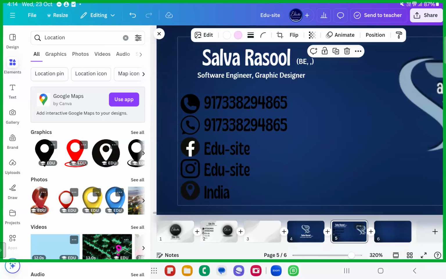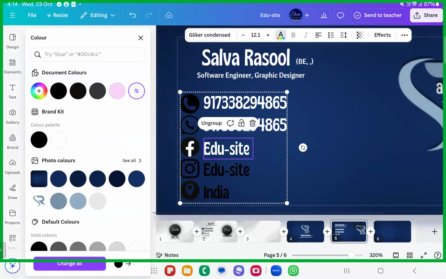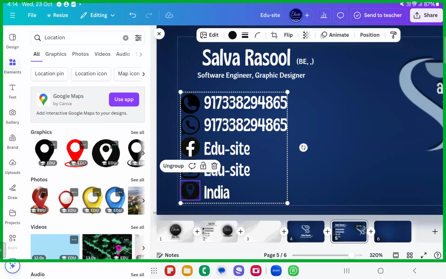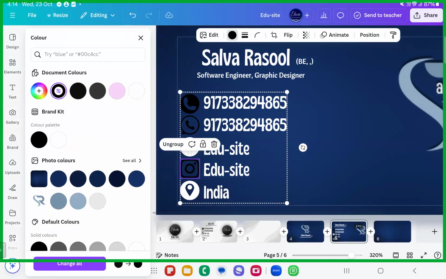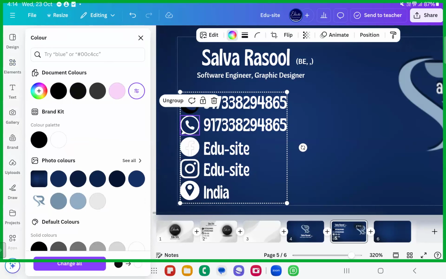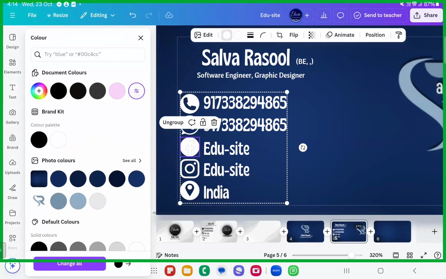Fine. You can just click on all of it and change it to white color. Or single-handedly you can do it for all. Okay. For this also we need white color. White, white, white. Facebook is not looking good. Why? Because the inner color is white. So we'll change the inner color to the bluish color that is in the background. How to change that? We'll color pick it.